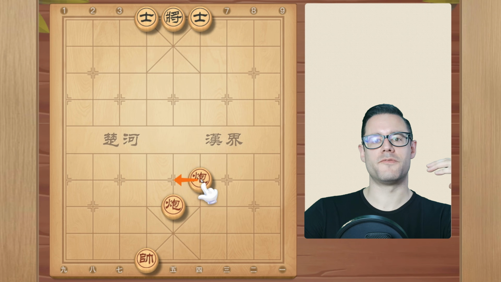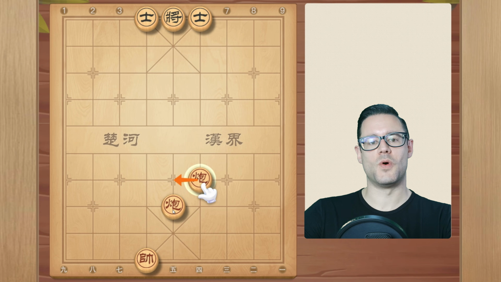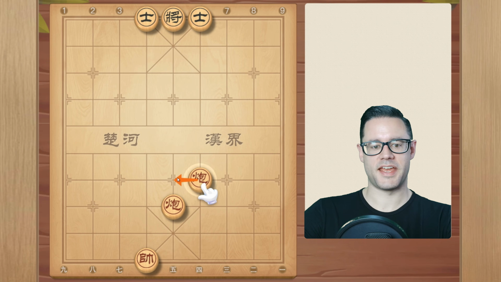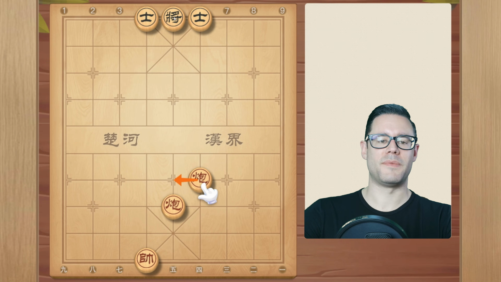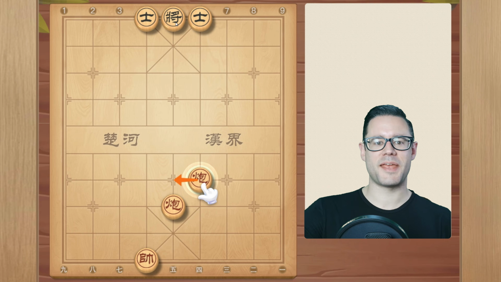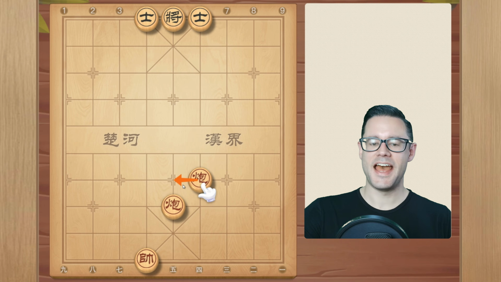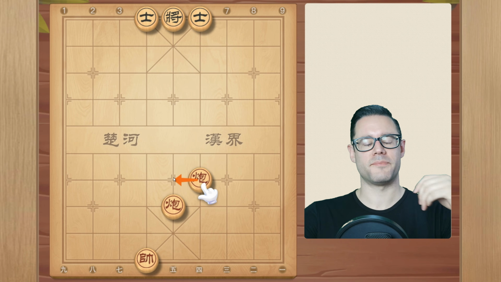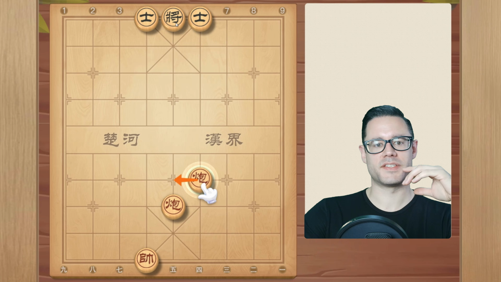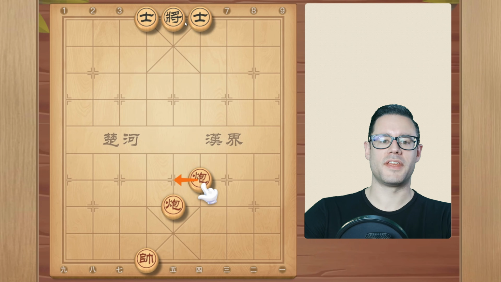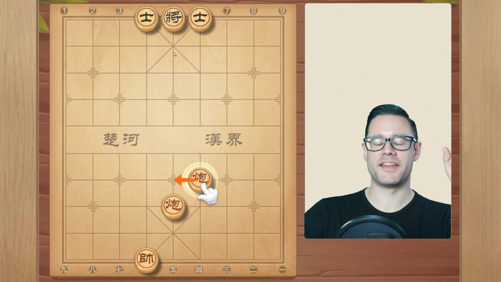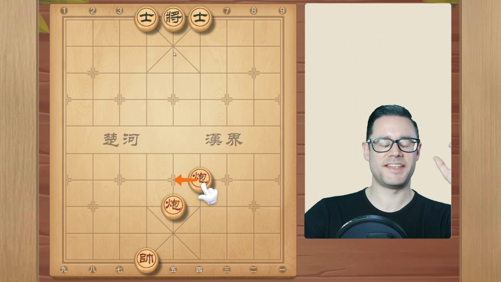So in this case, if we move our 2nd cannon here, then this back cannon has 1 piece, which will be this cannon, that it can jump over and make an attack. And the general could not escape it by moving forward because the cannon can shoot any distance as long as there's one piece in between. So the general can't move out of the way of this attack. But you might wonder, well, couldn't they just move an advisor in front and then there would be two pieces in between? And that's what makes the double cannon checkmate special and exceedingly powerful.